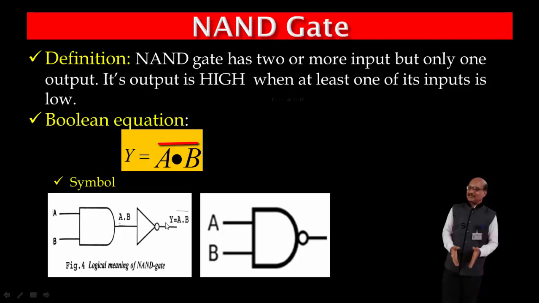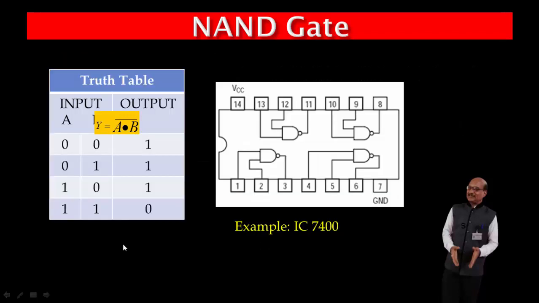This NOT operation is indicated by a bubble. If you remove this bubble, then we have the AND, and if we draw this bubble, then we have a NAND. So this is the circuit symbol for NAND gate, but this NAND gate is constructed by using two basic gates, that is AND gate followed by a NOT gate, and therefore this NAND gate is called a derived gate.